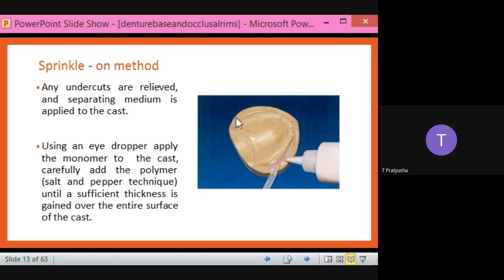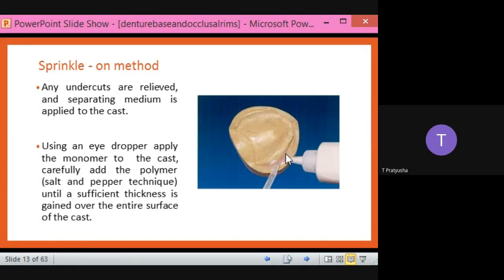So we block out all the undercuts, then apply the separating media and wait until it dries. At first it will be a little wet, then we have to wait for 1 to 2 minutes. Once all the separating media has set and dried, now the procedure starts.